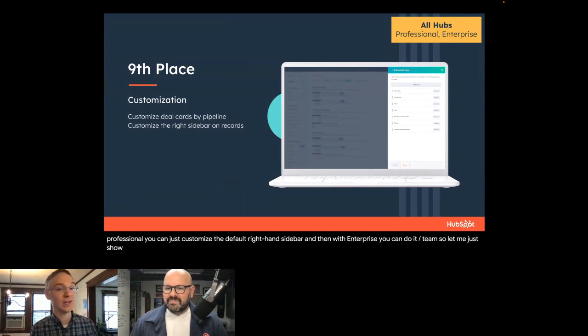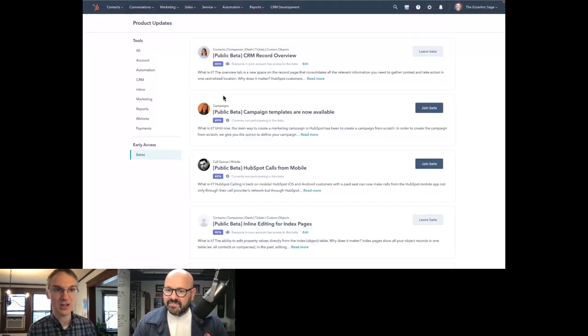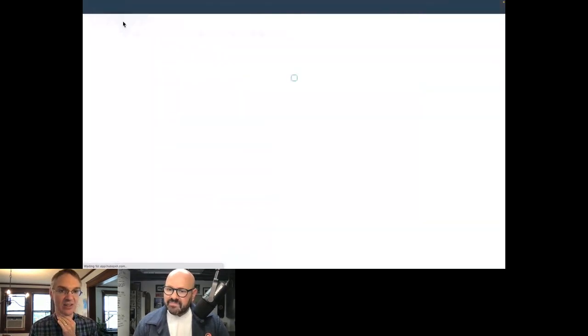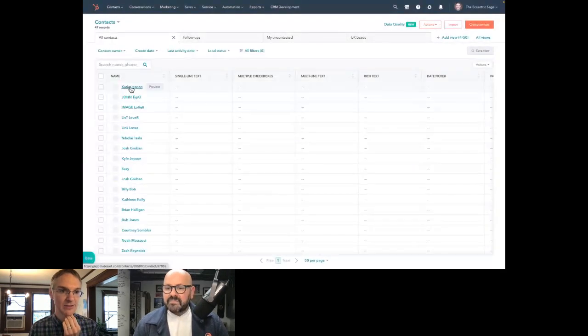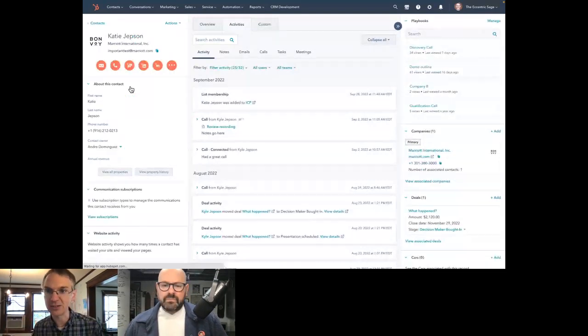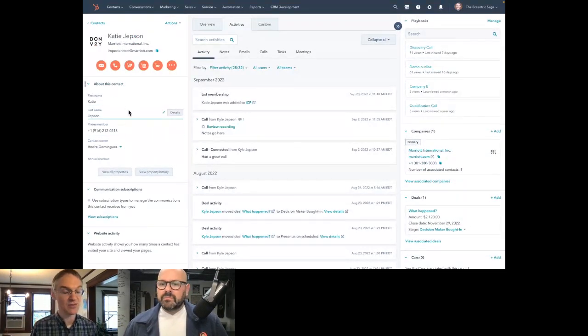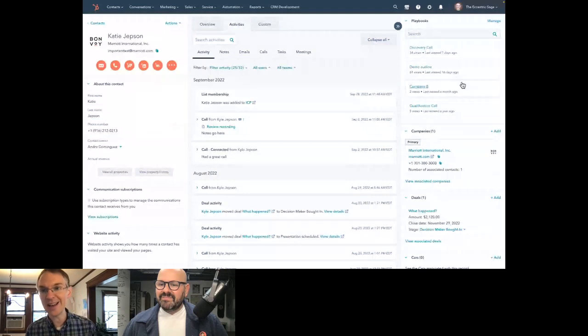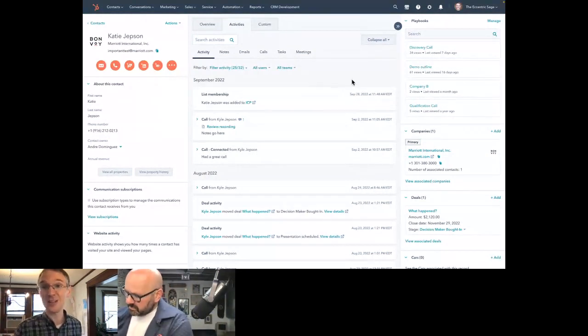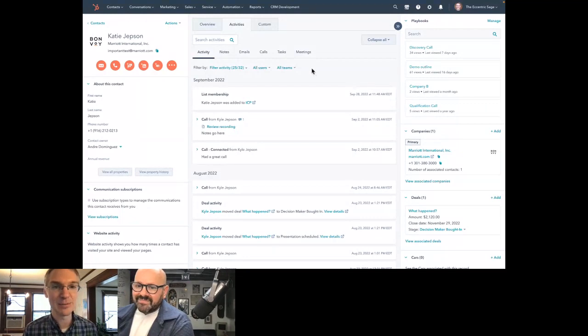So let me just show you real quick what this looks like. If we go to our settings page again, just quick orientation. If we look at a contact record here, my beloved wife, Katie, all CRM records inside HubSpot have this 3-column layout. The left-hand sidebar, you've always been able to customize what properties appear here. The right-hand sidebar, we just recently announced the ability to customize. And one of the first announcements of this quarter we're in currently, so too early to be included in this award show, is the ability to customize the center pane.